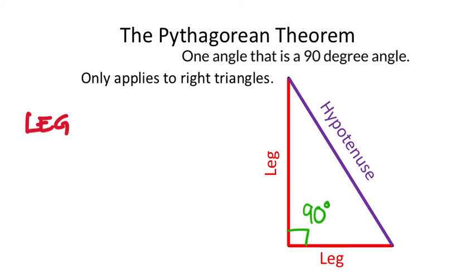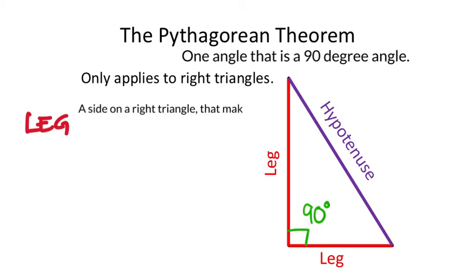Now, the reason why that's important is because the 90-degree angle will tell us which parts of the triangle are legs and which one is the hypotenuse. We can see that just from this drawing right here: the legs are the 2 sides that create the 90-degree angle, but they're both considered legs. Okay, so a leg is a side on a right triangle,